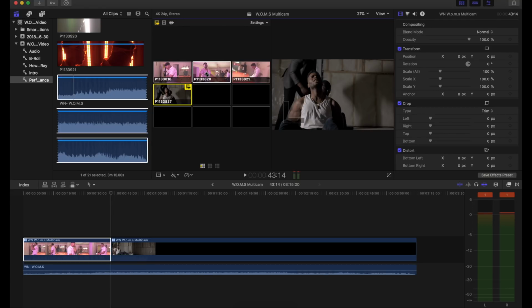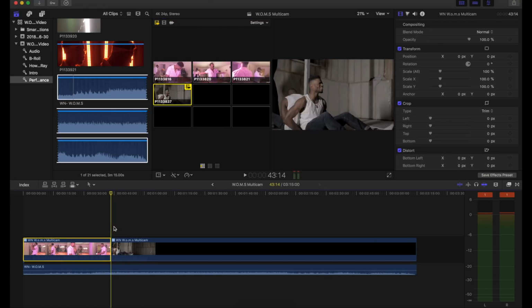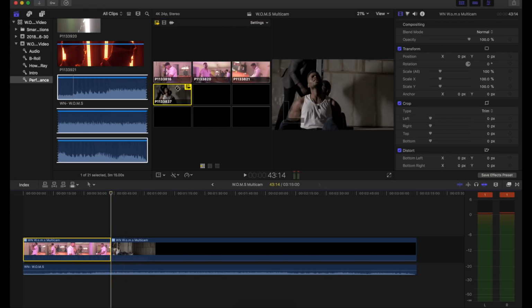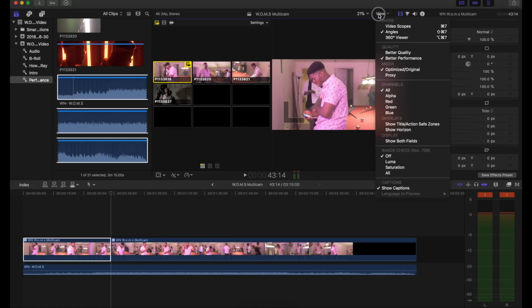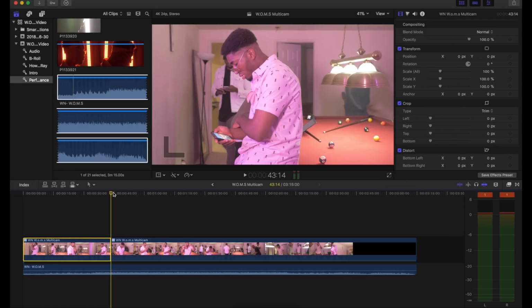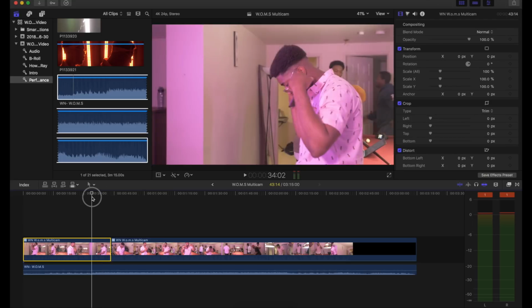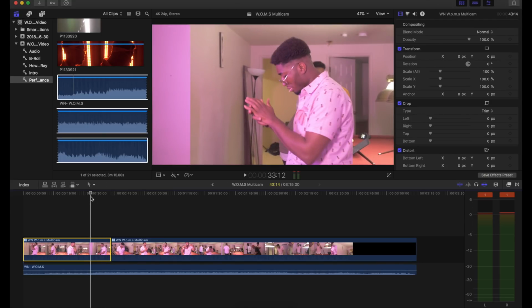Super easy. Now, when you're playing it back like this, if I were to click play right now, it's going to try to play every single clip within this multicam, so your laptop will for sure lag. To refrain from that, there's an even more convenient way of using this multicam clip, and this is why I say this is probably the best way to edit your videos on Final Cut, because it is just so damn easy. Let's say we want to switch scenes from Muna right here.